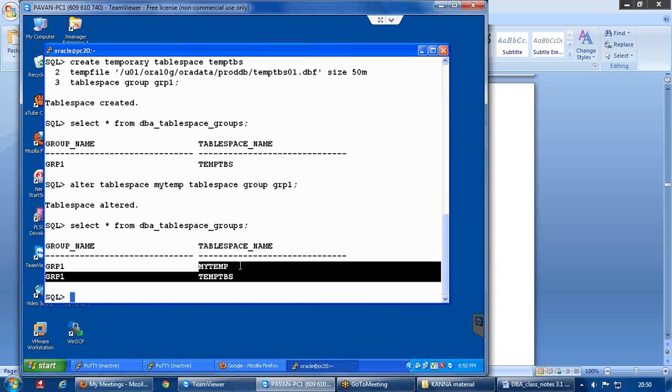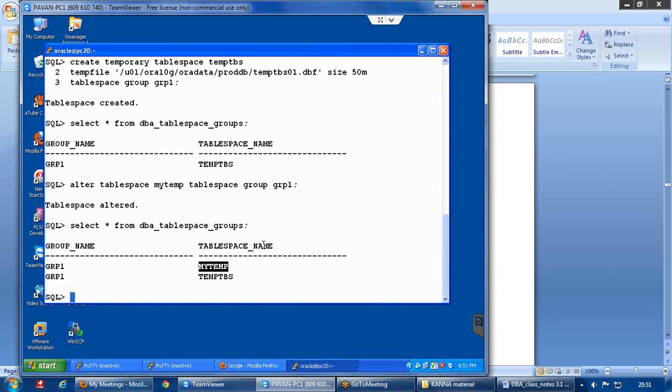For example, let's say I have allocated this mytemp tablespace to some user like user1, and user1 is doing some heavy transaction.